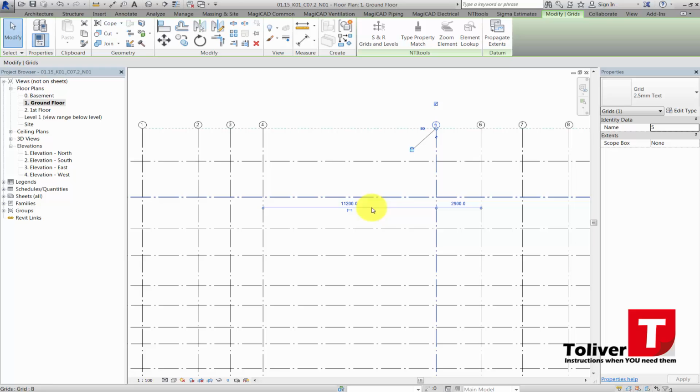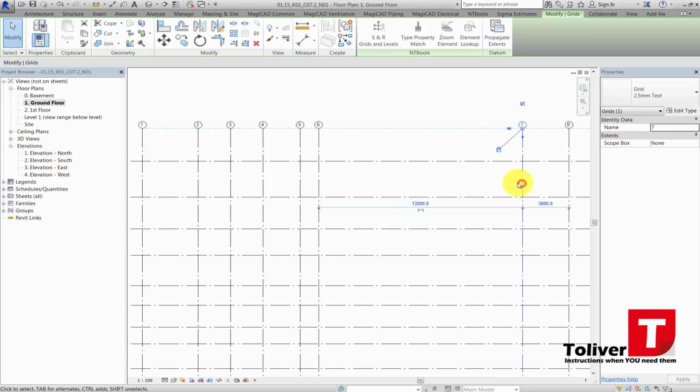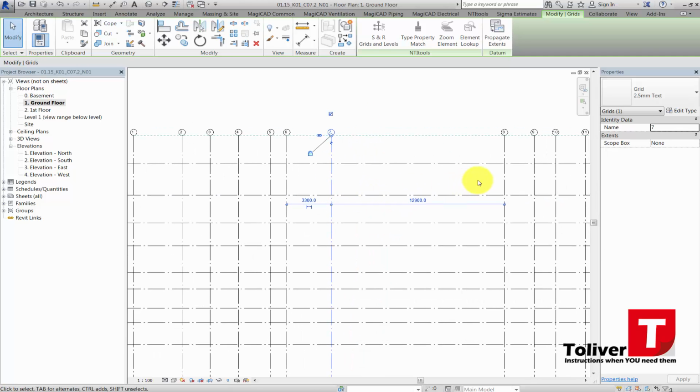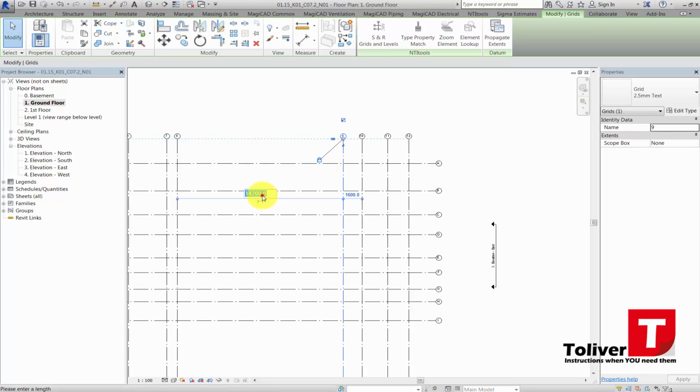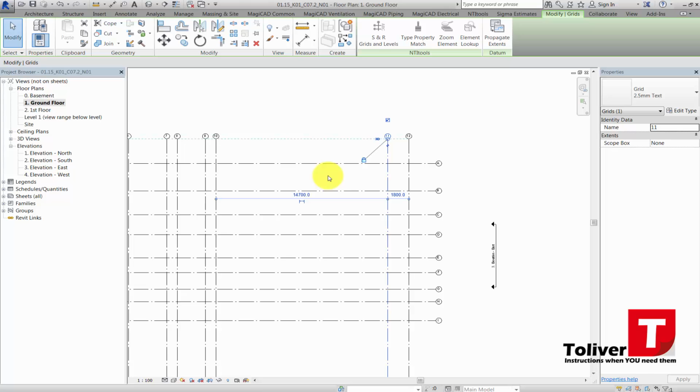And this one needs to be 2400, 1200, and 3500. Oh, sorry, 33, 900, 2400, 900 again, and 42, and the last one 42,